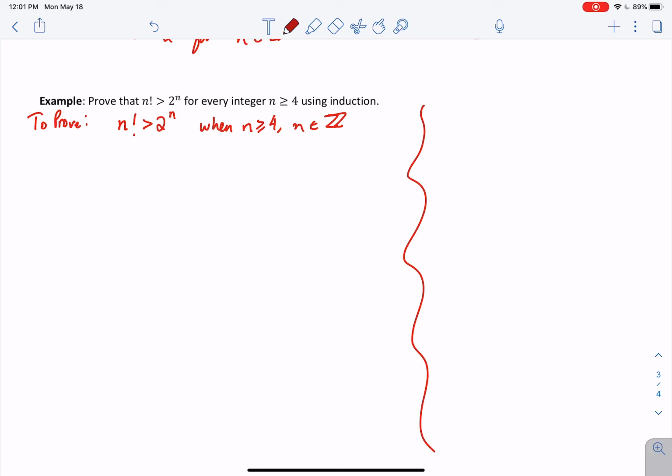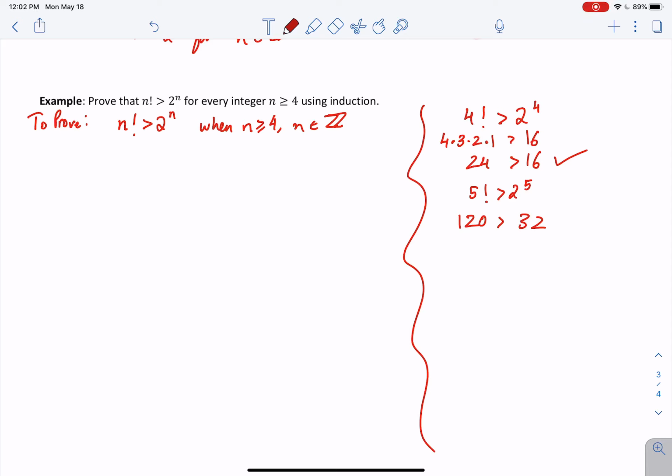So that's saying that 4 factorial should be bigger than 2 to the 4. Well, 4 factorial is 4 times 3 times 2 times 1. That's 24. And then 2 to the 4 is 16. Yep, that works. And then 5 factorial should be bigger than 32. And so that's 24 times 5, which is a very big number. It's greater than 32. And we can kind of see the factorials are going to get much bigger than the